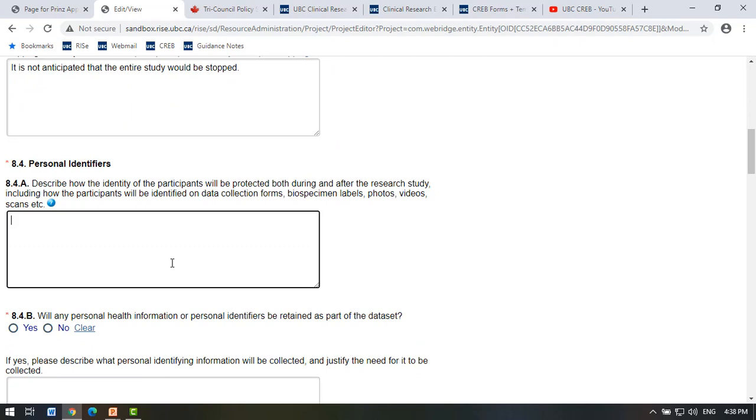Personal identifiers. So how the identity of participants will be protected both during and after the research study. How are they identified on data collection forms, biospecimen labels, photos, videos, scans, etc.? What we like to see here is that a unique study ID will be assigned, and it will not be related to any personal